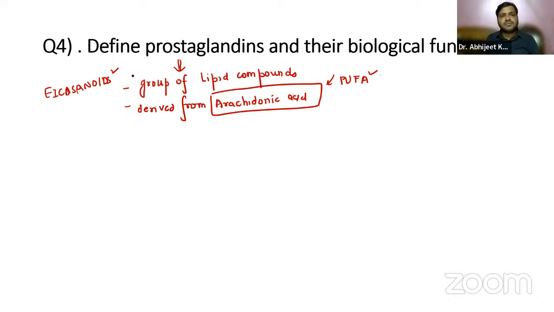Prostaglandins are synthesized in nearly all tissues and act as local hormones, so they primarily affect the tissues in which they are made. Now, what are the biological functions? If we talk about the biological functions,